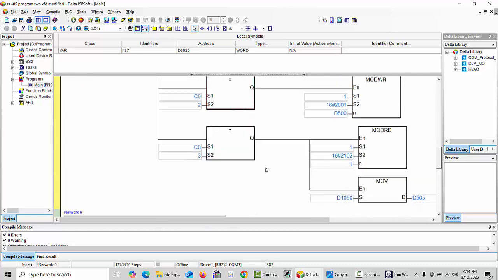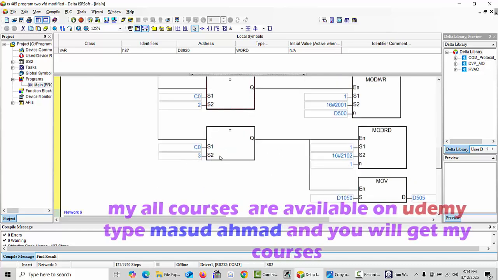And same as this one, when equal to 3, this is 2102, which means the mode read command. Here you have to write how much data you would like to read, one data and one single selection. This is the mode read command. This data comes from the special registers of the PLC, D1050 and D505. How many you selected, the values will automatically show